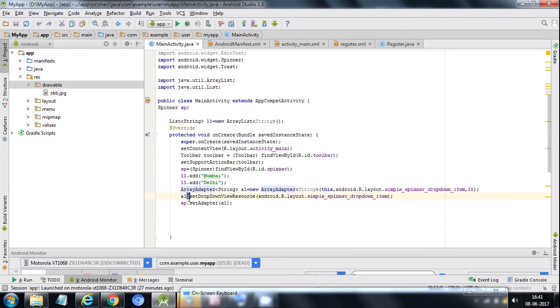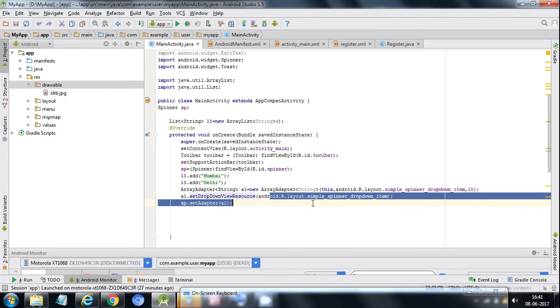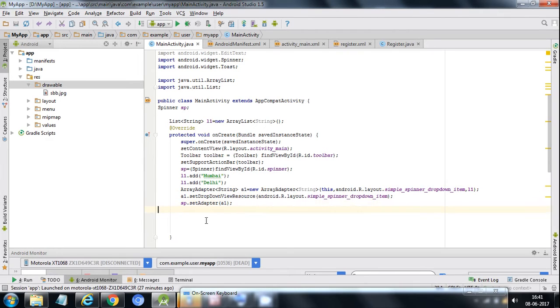So A1.setDropDownViewResource, and the layout is simple spinner drop down item. Next I have to set the adapter of the Spinner, that is SP.setAdapter A1, which will set the adapter A1 on the Spinner SP.